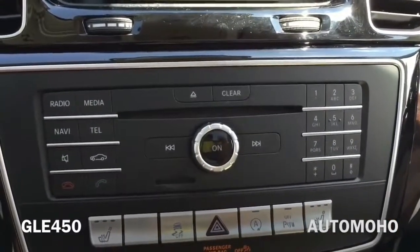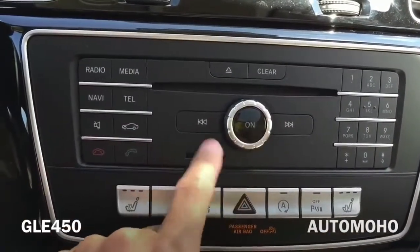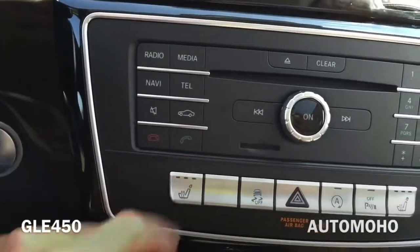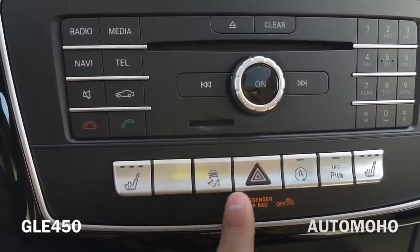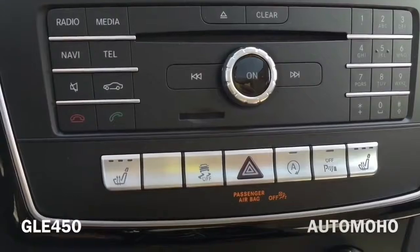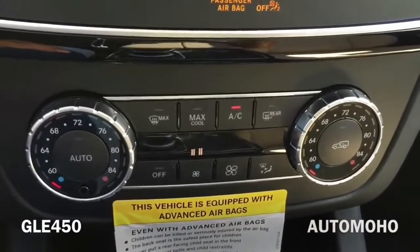In the center you have the multimedia control with telephone keypad on the right, on and off, and volume control in the middle, and different sources on the left, as well as the telephone button, SD card, heated seats button, traction on and off, emergency hazard light, eco start and stop, parking sensor on and off. Down here you have the full climate controlled